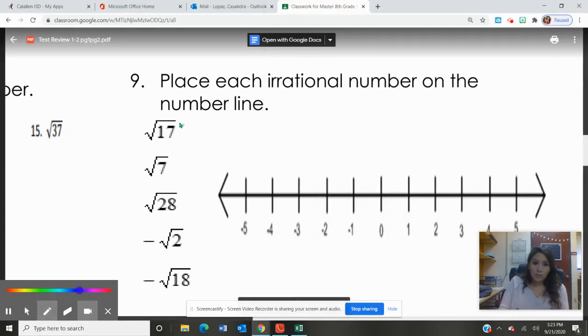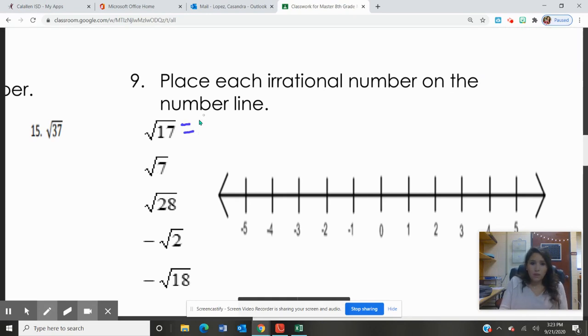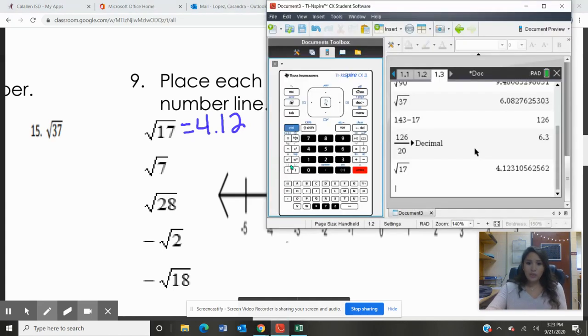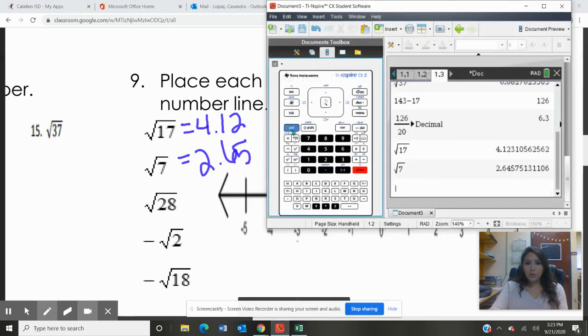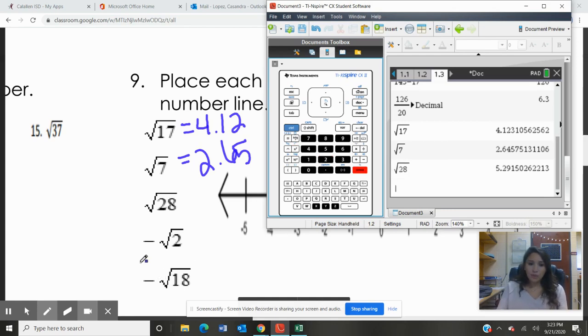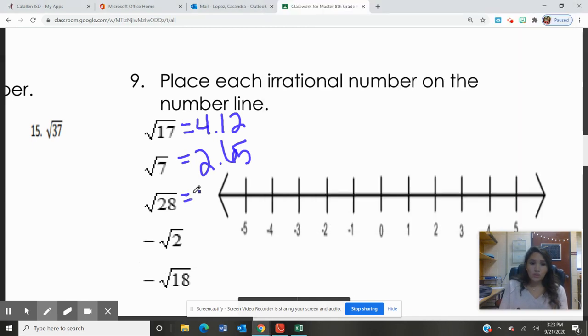So here I'm going to write 4.12. Okay, now I need to convert the square root of 7. So Control X squared 7, I get 2.65. Okay, so this equals 2.65. Okay, then I have the square root of 28. So again, I'm going to press Control X squared to get the square root symbol. I'm going to enter in 28, and I get 5.29. So this equals